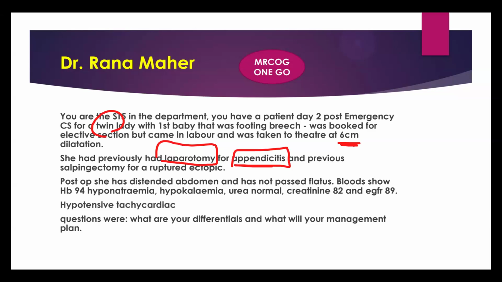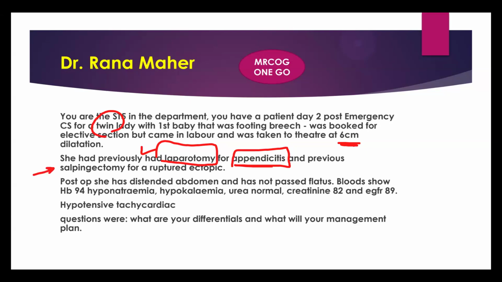Salpingectomy for ruptured ectopic, again. Salpingectomy is usually done by laparoscopy, so laparoscopy will increase the adhesions. If you remember, we have a very, very famous question in the part 2 exam, about the risk of adhesions after laparotomy. It was around 50%. And with laparoscopy and after cesarean section. If you remember these numbers, in our patient, she had a salpingectomy done by